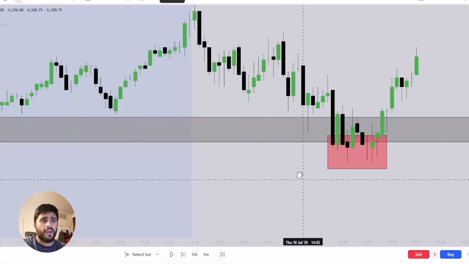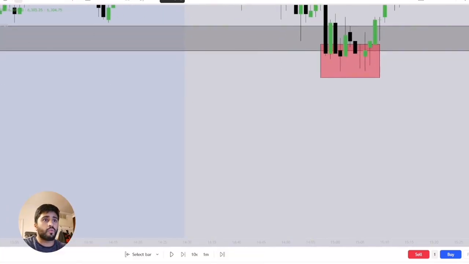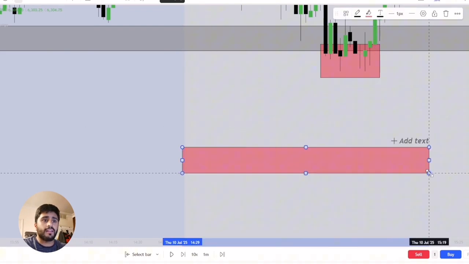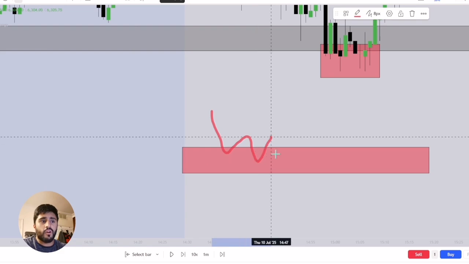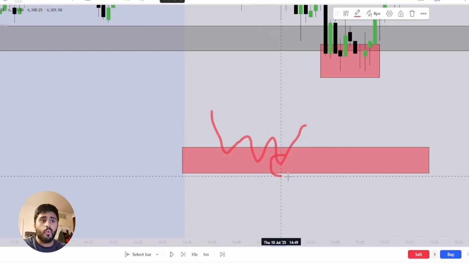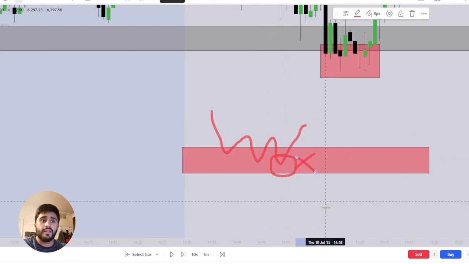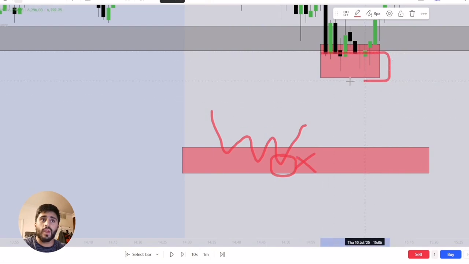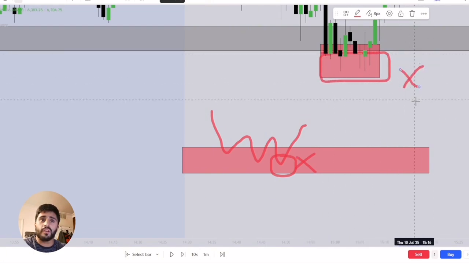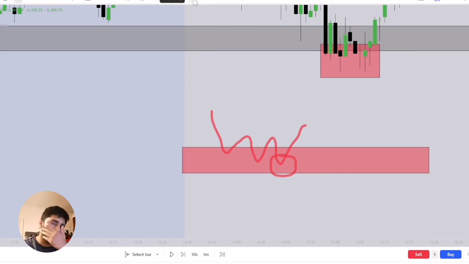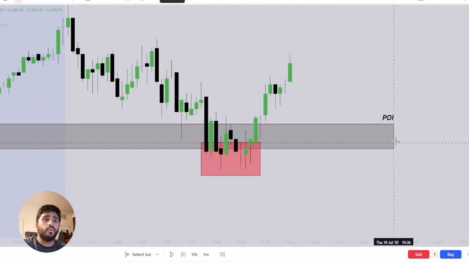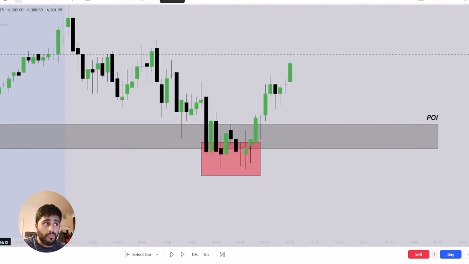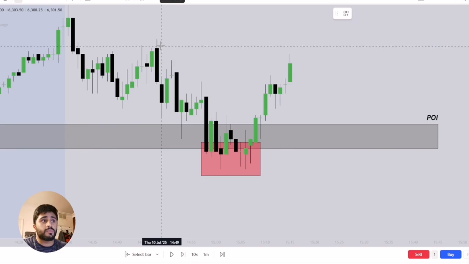So if we just go back here and understand how a 2022 model works, right? So if this is our key level here, let's say this red box is our key level. The only reason a key level is going to hold is because we can see more aggressive sellers failing to drive price down, or in this case, they wick below, so they're unable to break below on the 15-minute time frame. Okay, so this is exactly what we mean by a seller absorption. So a 2022 model only works when it's backed up by order flow. So even if you look at it from an ICT perspective, we had structural high,